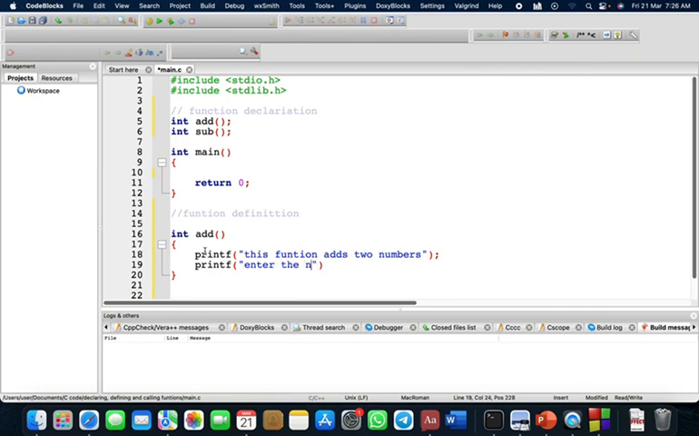enter two numbers, one by one. So scanf, scanf %d for the first placeholder for the first number. %d means integer, and then I can just say